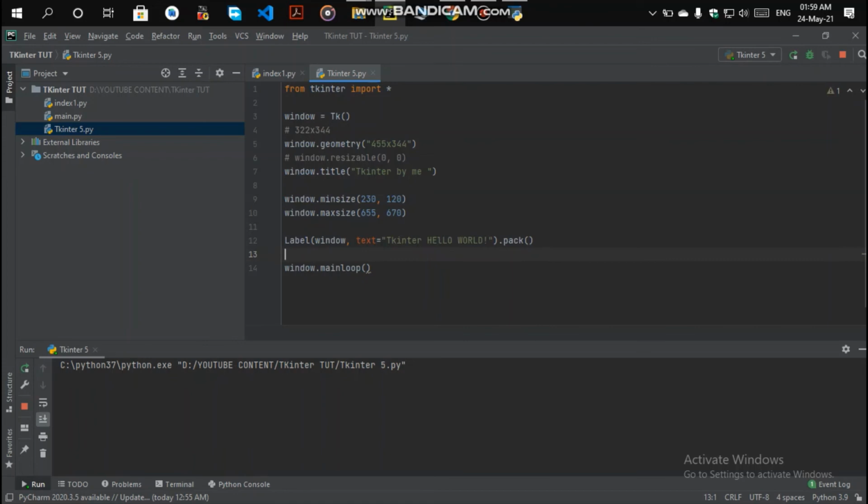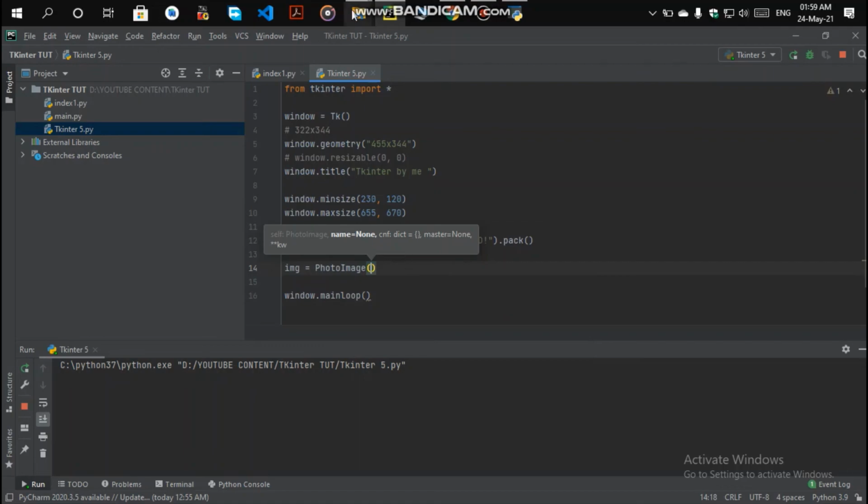At my moment, this was a very precious moment for me, when I first made my own image appear in the window. So what we are going to do is simply write the variable img is equal to, and the widget we are going to use to display the image is the PhotoImage method. We don't have any photo yet, so first of all we will be gathering a photo.